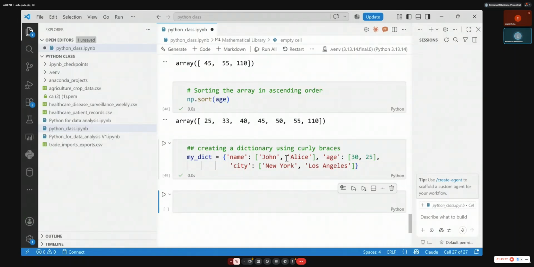Let's do that. To do so, you need to import a library called pandas. You need to install pandas. Pandas is the library that can help you do data manipulation, data cleaning, and data analysis.